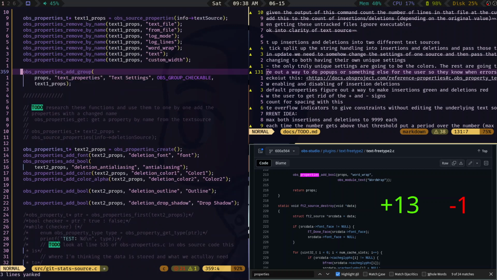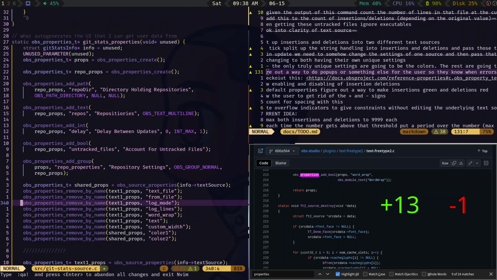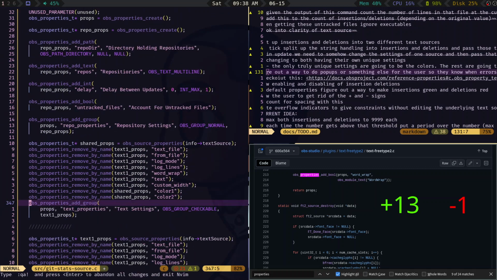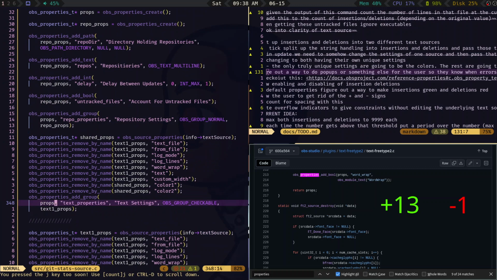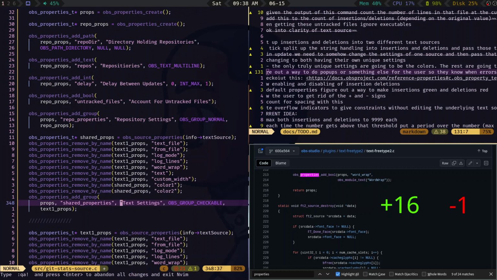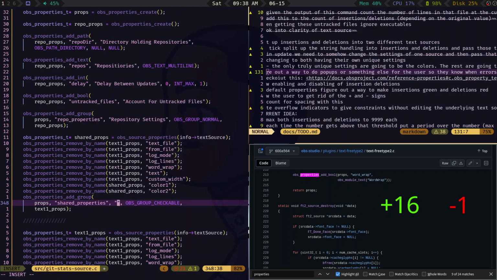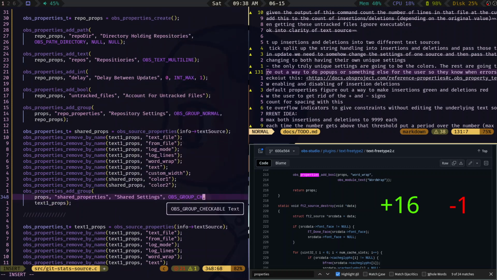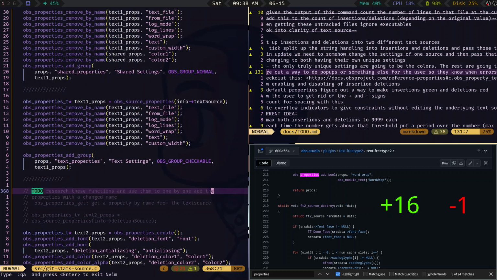Oops. Right. Another group, and add that. There we go. But this is going to be shared properties. Okay. Well, shared settings or whatever. And then this is going to be normal. Right? And then